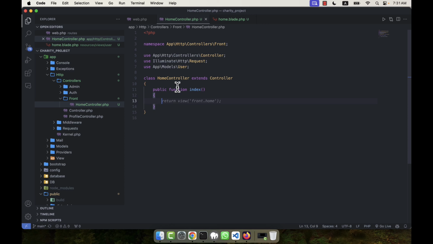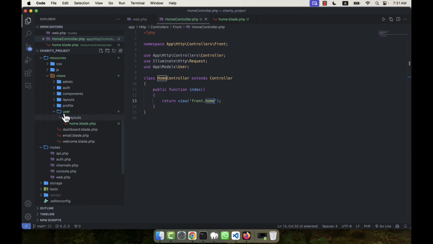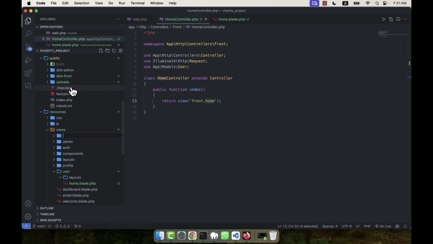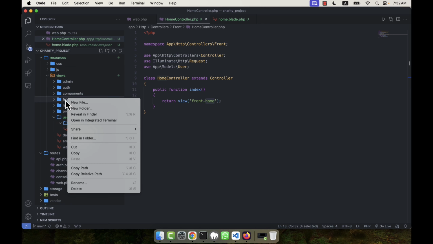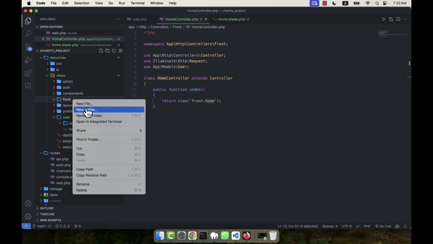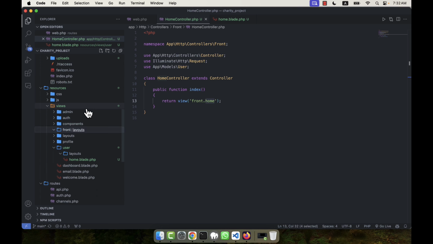So here I will have to call return view front.home. For the admin I can use the user layout here, but for the front I am going to create here the front, and in the front I am going to create the layouts, and a file,